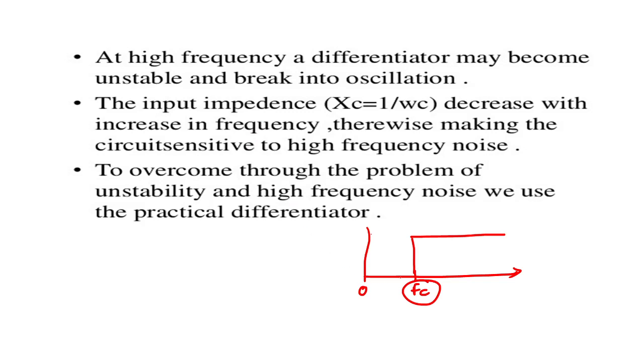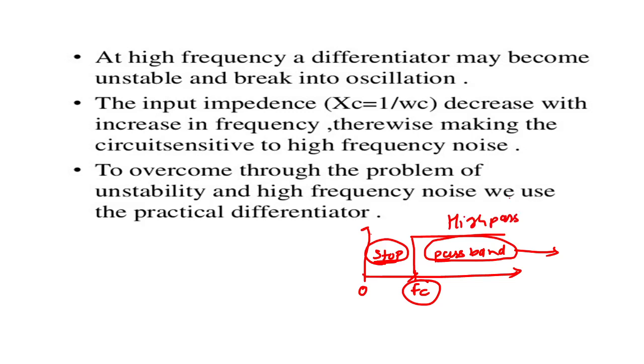So from this end to this end, it will attenuate. It won't pass the signal, so it will stop. And from this end, it will pass the signal, the pass band. So here, pass band up to whatever the frequencies exist. And from 0 to the cutoff frequency, there is a stop band, so these frequencies are attenuated. So this circuit is called a pass band or high pass filter.